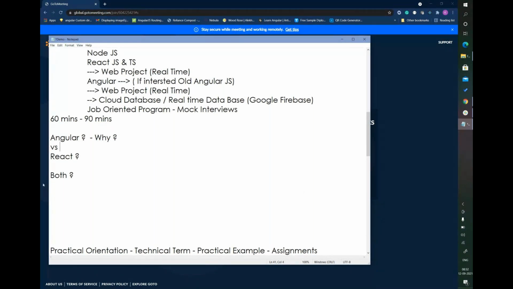Okay, so Angular is a framework. React is a library.